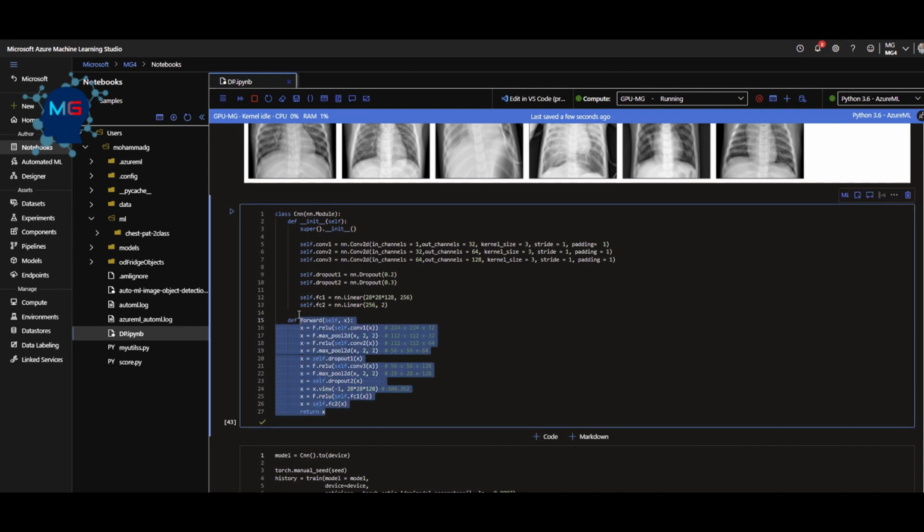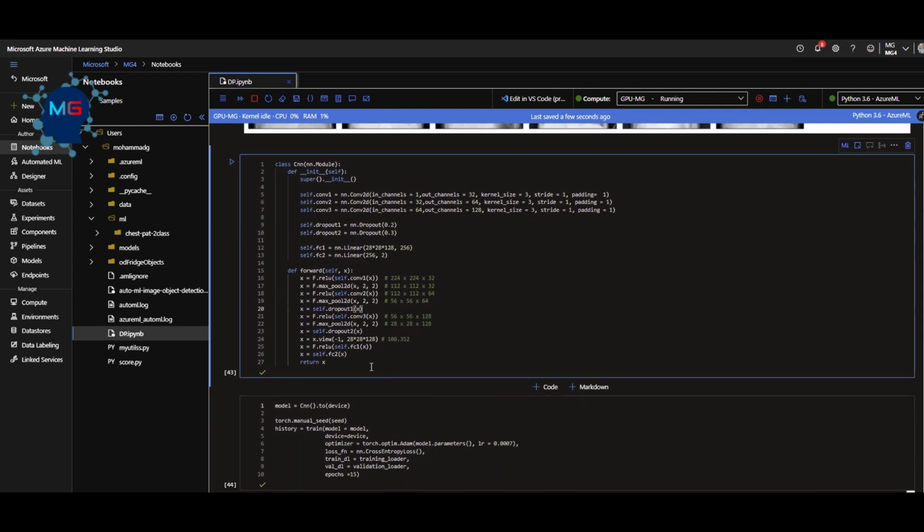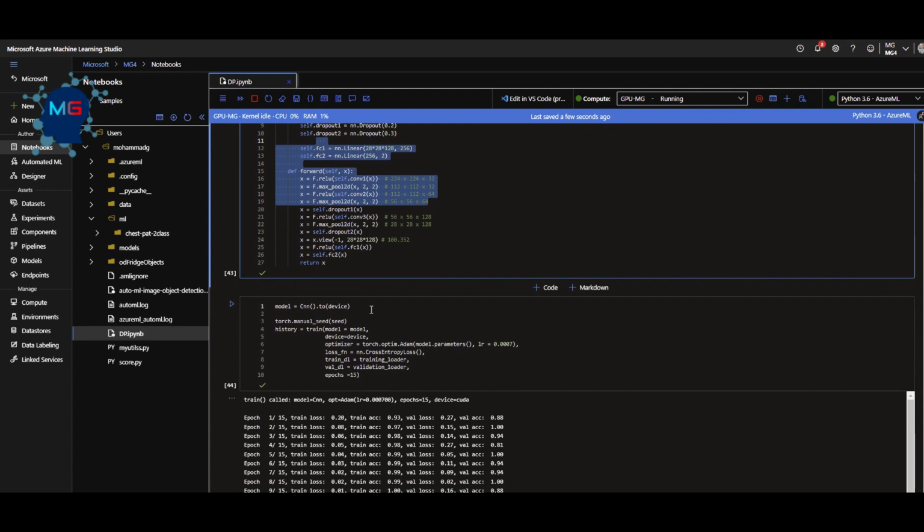This is actually the architecture of the model. I'm not going to explain the details of the CNN model, but that's a typical way to define different convolutional network layers that we use for CNN, with max pooling, and also dropout for the regularization piece, making sure it will help us to have a less biased model. And then after defining the architecture of the model based on this information that you see here,